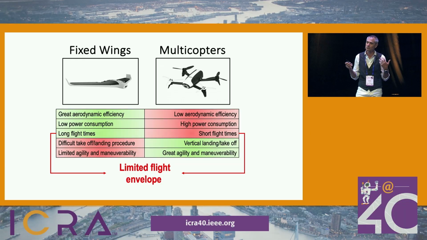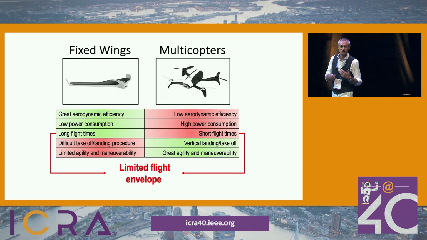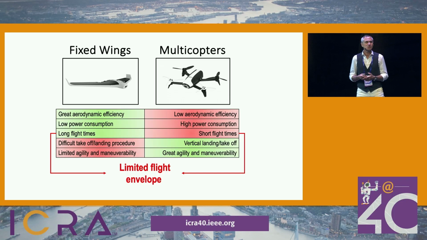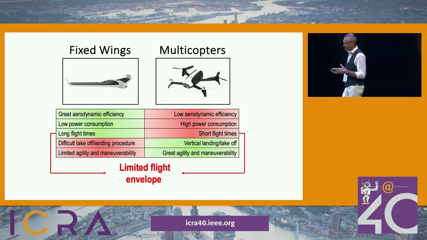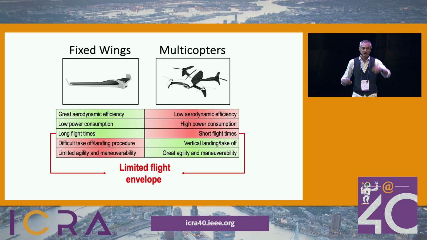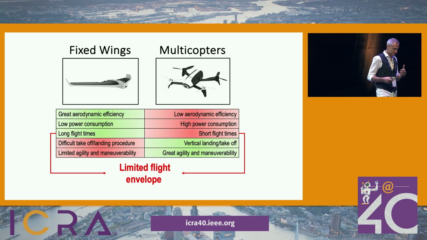And these two types of drones have contrasting advantages and disadvantages. So fixed wing drones generate lift automatically as they move in space. And therefore, they require, for a comparable mass compared to multicopters, much less energy to fly. Multicopters, instead, spend most of their energy to fight gravity and to stay up in the air. And then they change the rotational speed of the propellers in order to move around. So for the same mass, multicopters can fly much shorter time.